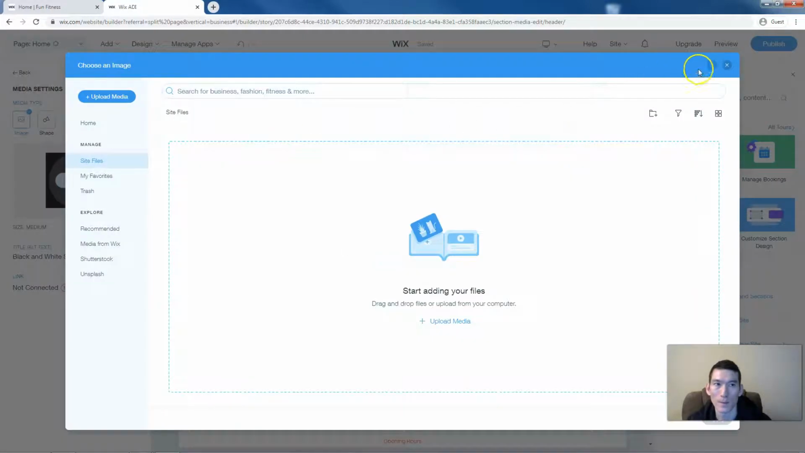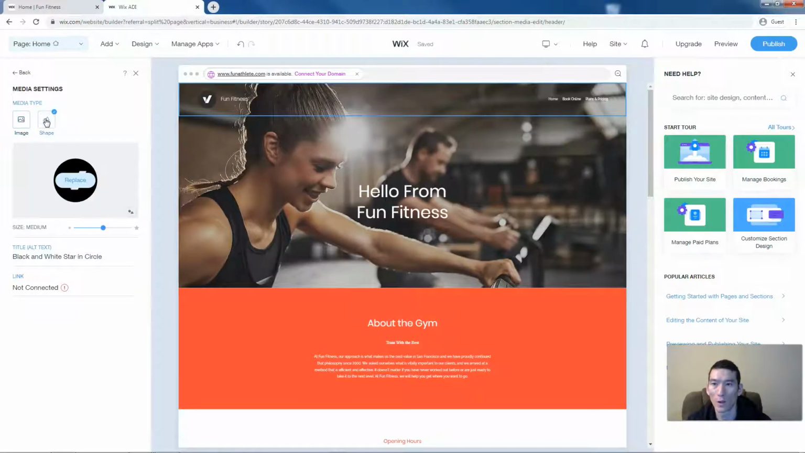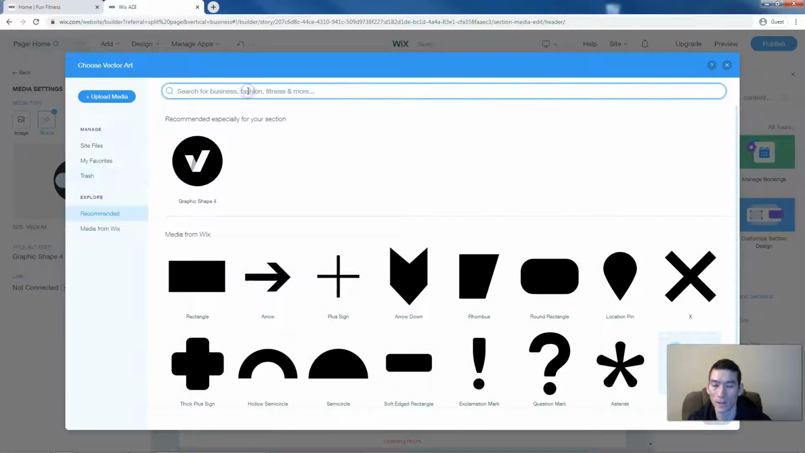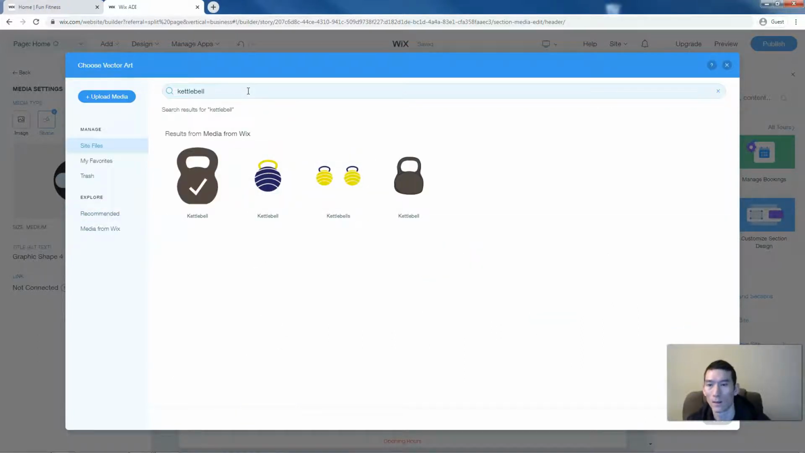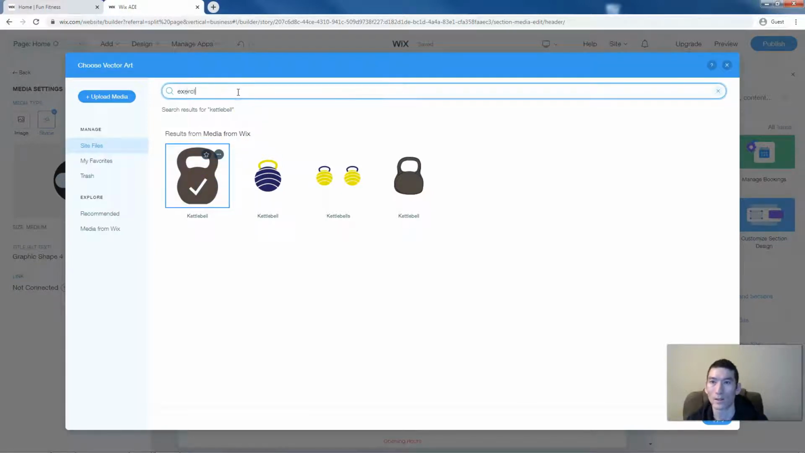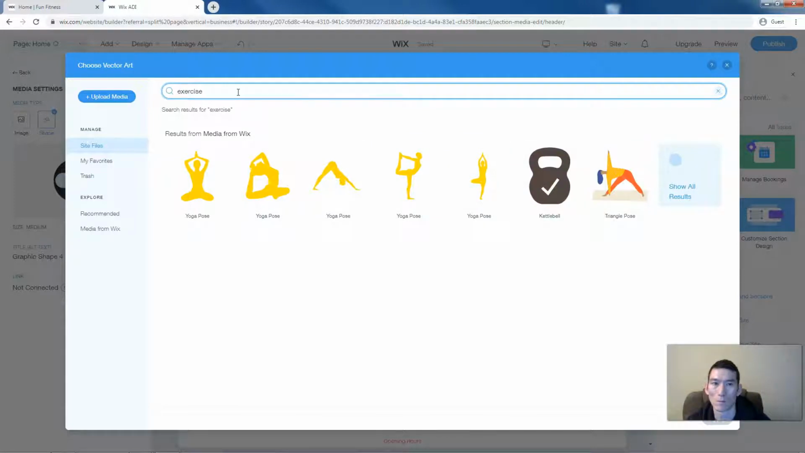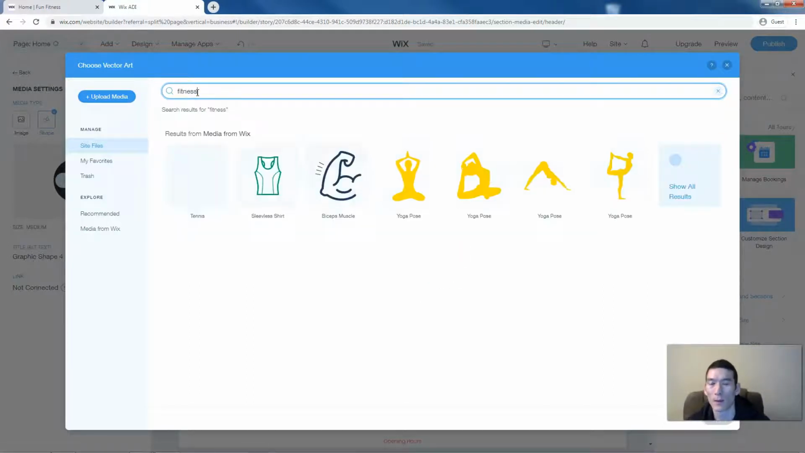I don't have an image, so I'm just going to use a shape. You can also, if you don't have a logo, use a shape. So just click shape and then replace. And then here you can search for, I think I used the kettlebell, and then select that, or you could search for something else, like exercise. If it's a yoga gym, you could put in yoga or fitness, anything that might bring up something related to your gym. So I'm just going to do the kettlebell,